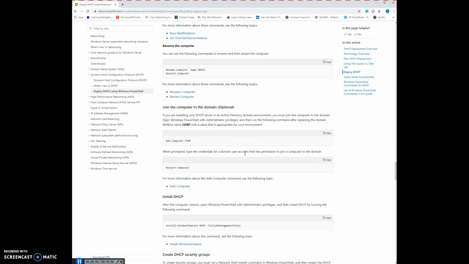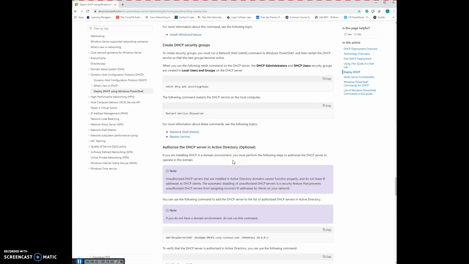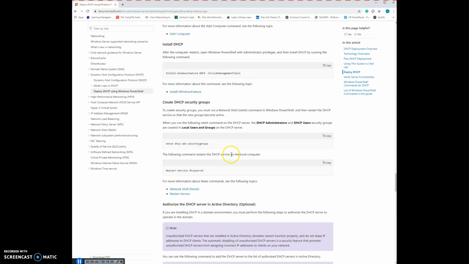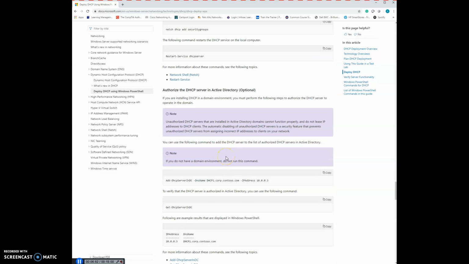Any core deployment here, but you get a lot of how-to. That would work. Install feature, DHCP, include management tools, DHCP security user groups. So this is a great start, but just verify that